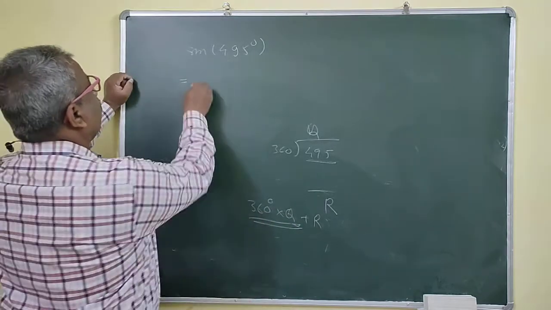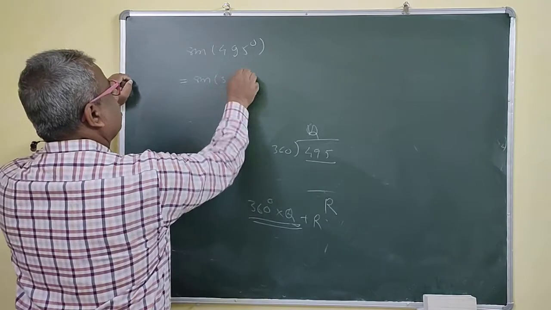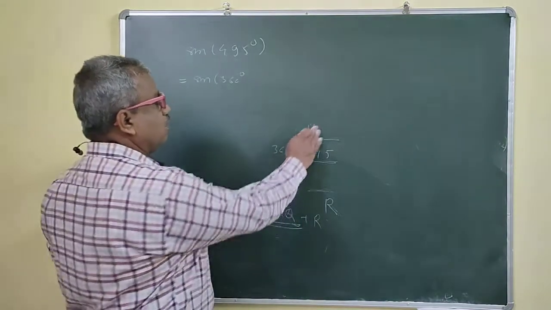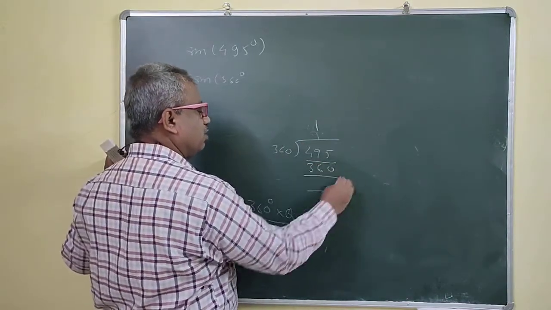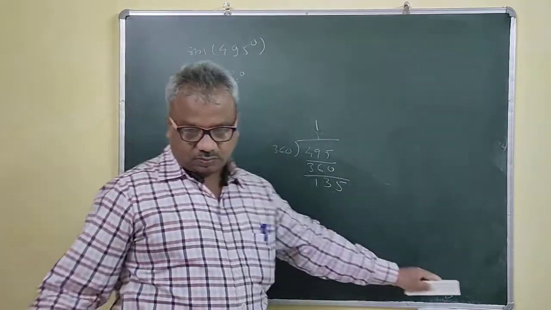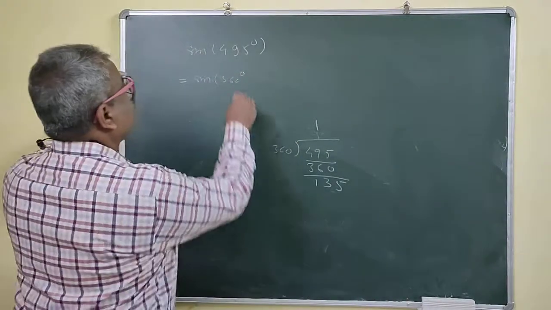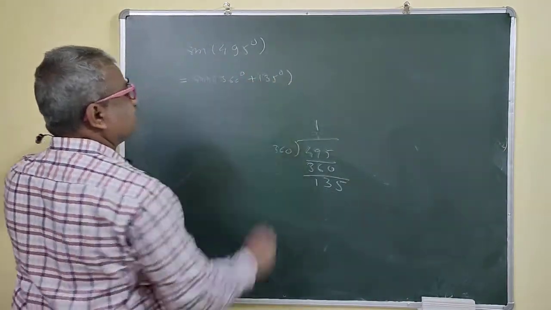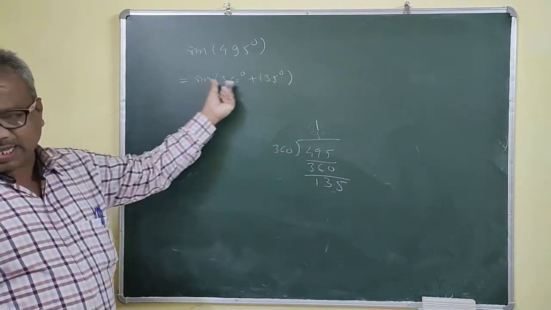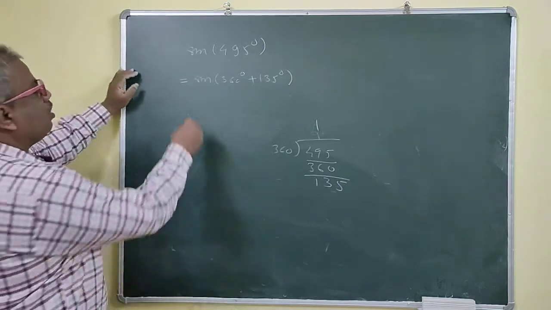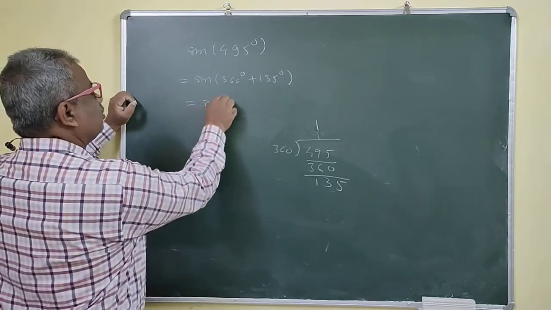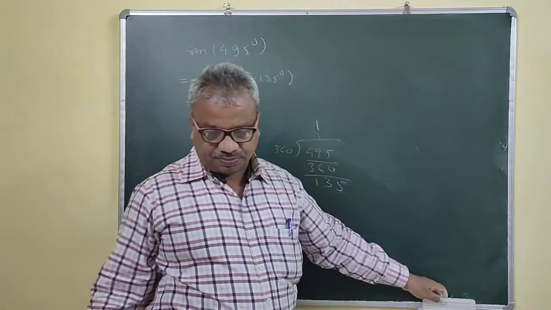So how we can write this? Sine of 360 degree, because twice of 360 degree is 720 degree, and this number is less than that, so the quotient is only 1 here. So 360 degree times 1, and the remainder is 135 degree. So plus 135 degree. But 360 is the period of the sine. Or you may apply sine A plus B. So we know that 360 is the period of this one. So this is sine 135 degree.